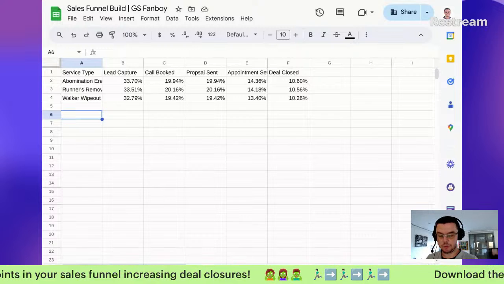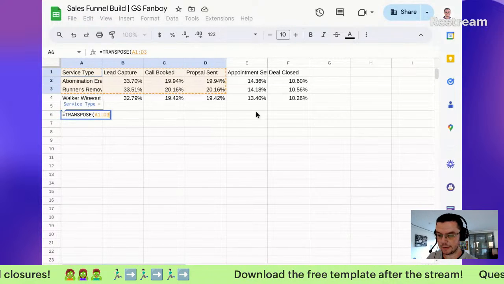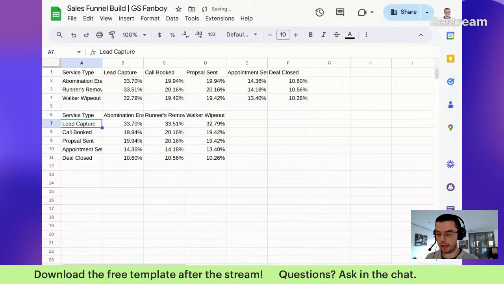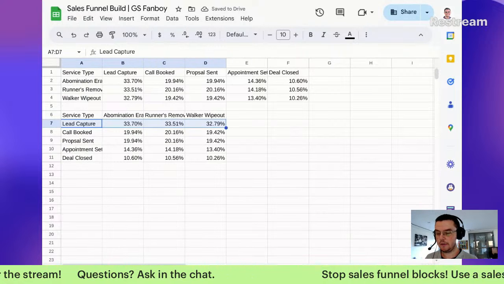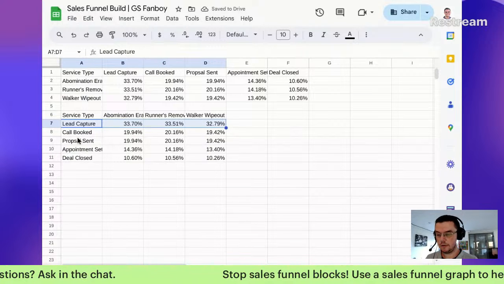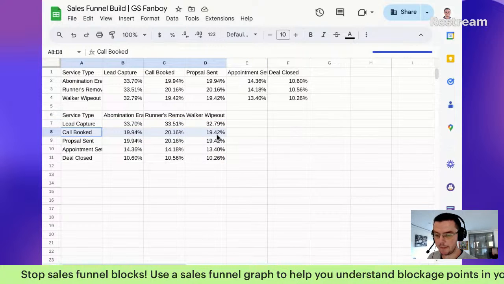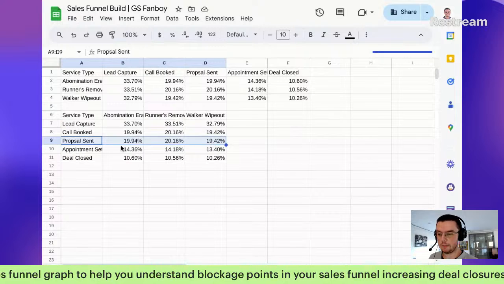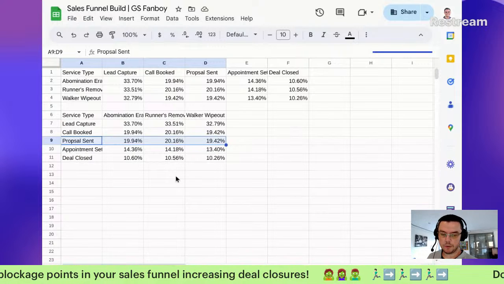So we're going to transpose this. I'm going to take this whole data set and transpose all of this stuff so it cleans it up nicely. You guys didn't know about doing it with this trick. Boom. So now I can take a chart for here. For here, I'm not going to do calls proposal sent because that's the same as calls booked. So we're going to leave that one out. But we'll do appointment set, deals closed, and we have our clean